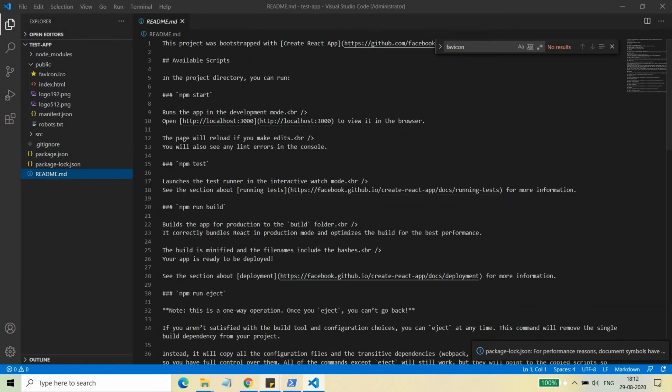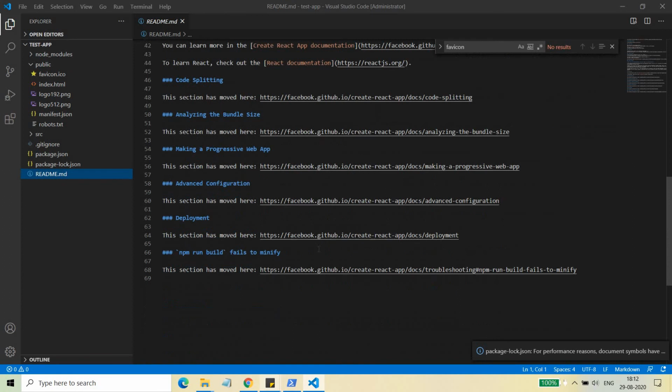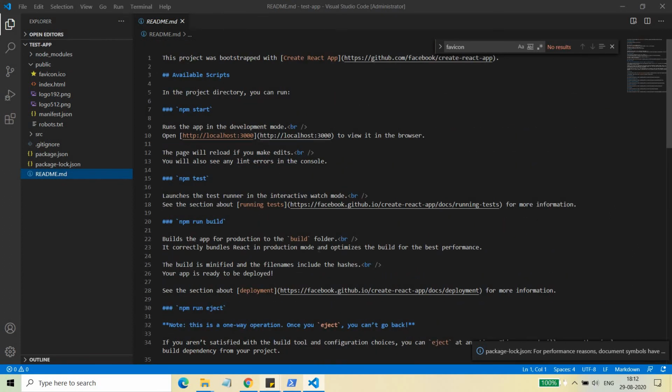And this is the README. And you know what is README? README is all about the instructions or help about your application that your application user must be aware of, or might need to refer to. So in that case, you need to add the new information, the extended information, here in the README.